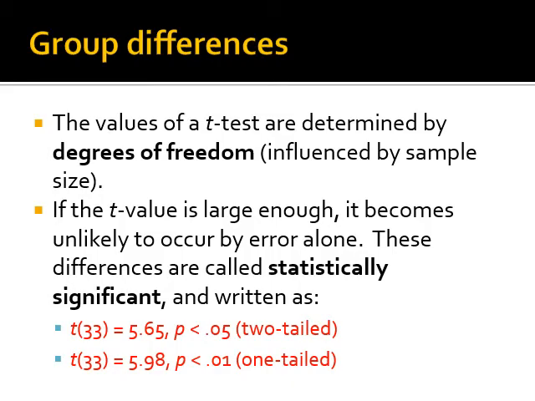In order to understand the meaning of the t-statistic, we have to first understand degrees of freedom. The values of a t-test are determined by degrees of freedom, which very much is influenced by sample size. Basically, you have the size of a sample, and that influences the kinds of statistics that you can get, because especially with a t-statistic, we're looking at means and also standard deviations, and the larger sample size that you have, the less impact you have of things like outliers